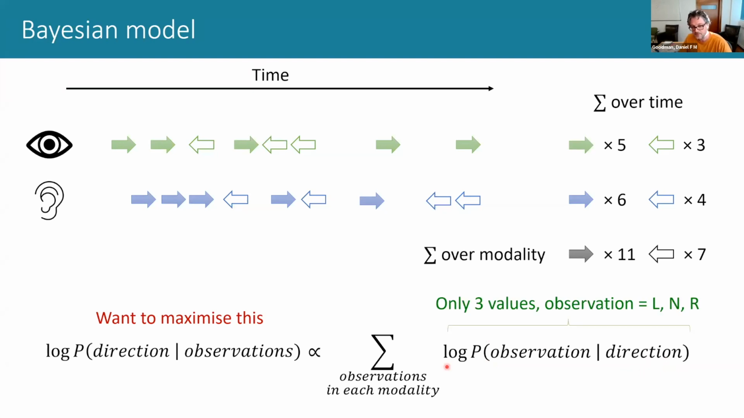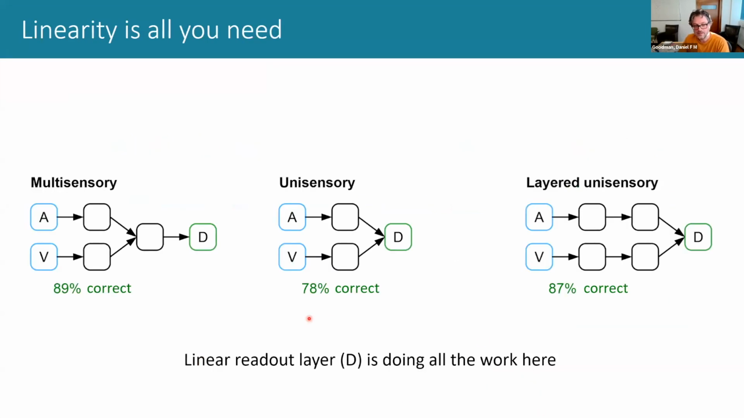But this only has 3 different values, depending on whether the observation is left, neutral, i.e. no observation, or right. And you're just summing over everything because everything is independent. So this is a weighted sum, which means that this formula is actually a linear formula. And that explains why this thing without a multisensory area works, because in every case, we always had this readout